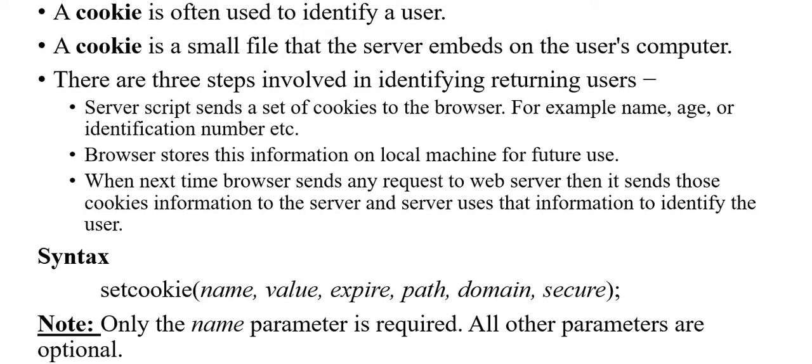Domain can be used to specify the domain name in very large domains and must contain at least 2 periods to be valid. All cookies are only valid for the host and domain which created them. Secure can be set to 1 to specify that the cookie should only be sent by secure transmission using HTTPS, otherwise set to 0, which means the cookie can be sent by regular HTTP.